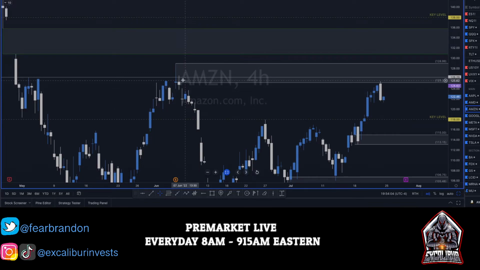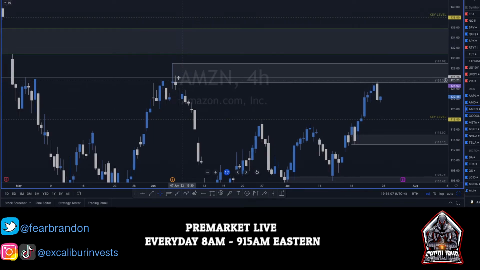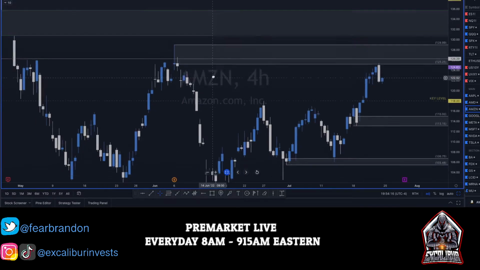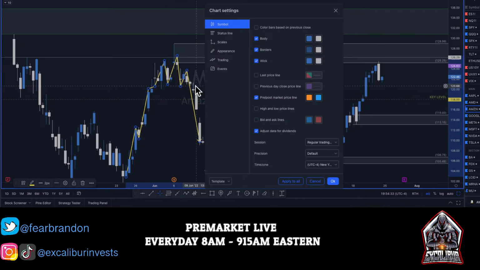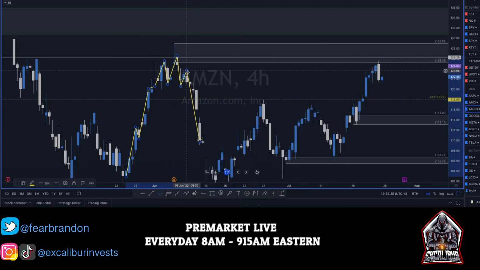So there are 3 things that make demand and supply strong for me. If it's a doji with a huge engulfing candle, that's strong. You want it to break structure. Amazon was going up, making higher lows and higher highs, then sold off, kind of retraced, sold off. So it did break its structure right here, which makes it 2 times strong. And then we also gap down from here. So that's making it 3 times strong. That's just adding more conviction into actually getting into this